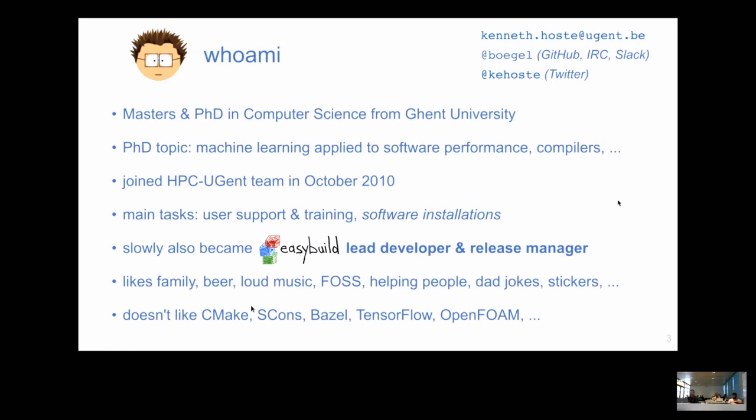There's a whole bunch of things I like. There's some things I do not like as well. CMake is one of them, and I understand you got some training on that today. I won't go too much into details, but I will be using CMake as an example in some of the demos I give today. So I certainly don't hate it, but